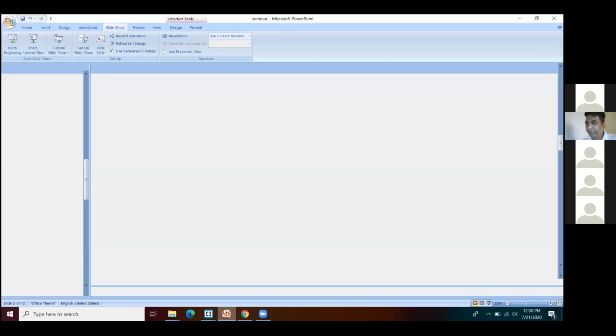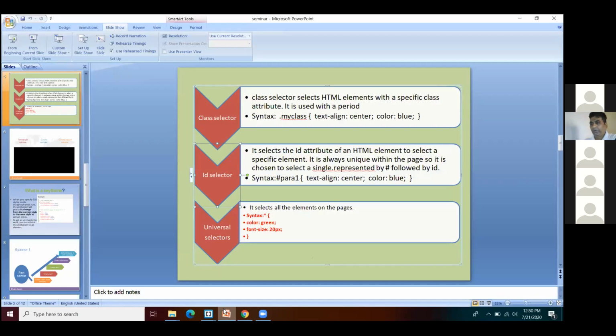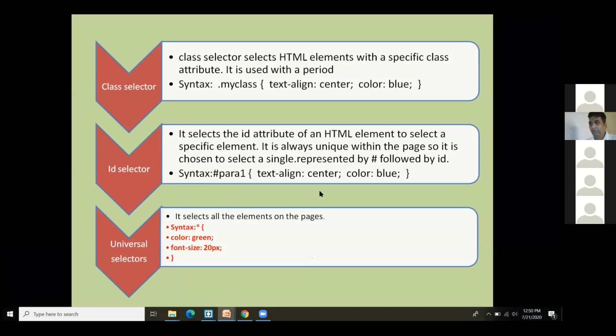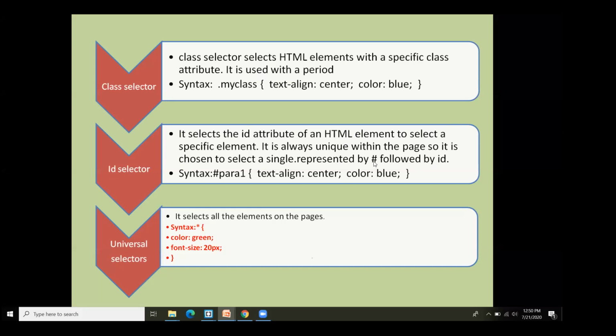So moving ahead, the next selector that we are going to have is the ID selector. ID, in the name itself, applies to one singular or specific element. This is the one which will be selecting a single ID of your HTML, and you can apply it to a single element of your HTML. Like class is followed by a class name with a dot symbol, in the similar way, an ID selector is followed by a hash symbol followed by an ID name.